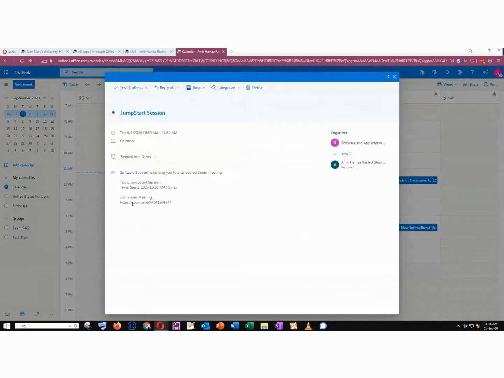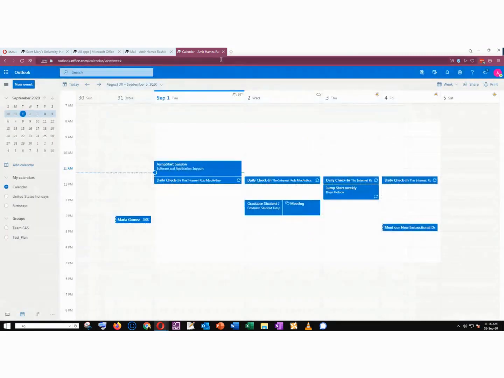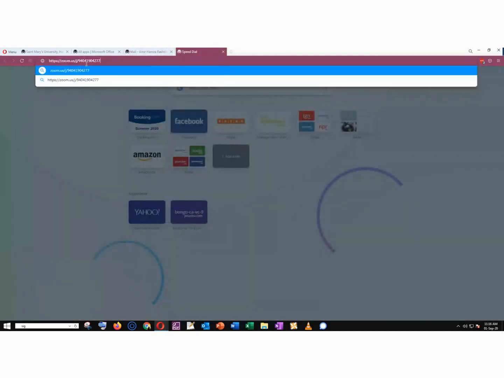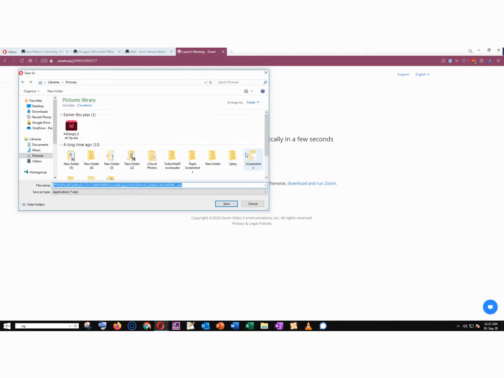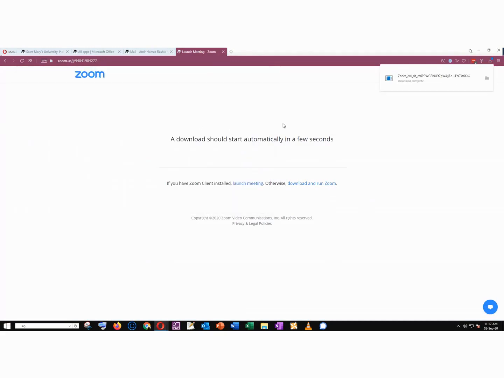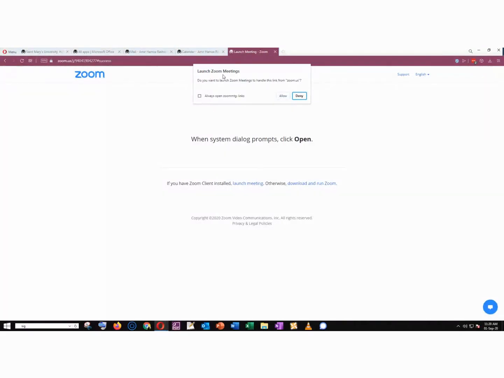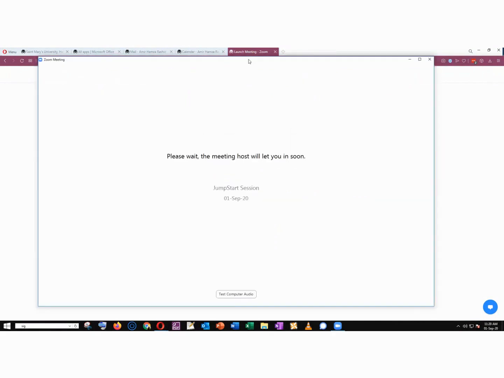If you double click on it, it will maximize the view. And if I just copy this meeting link, so this is your meeting link, close this and open a new tab. If you just paste this onto your desktop browser tab and open it up, by default it will prompt you to install Zoom onto your computer. So a download will start. Then you get your prompt to join into Zoom again. So if you open that up,